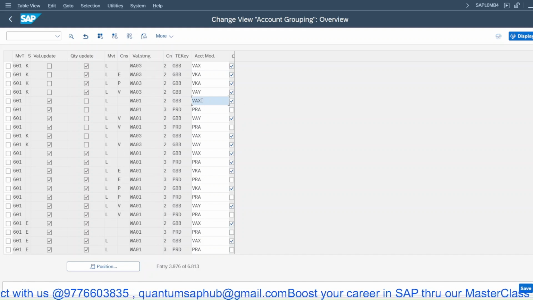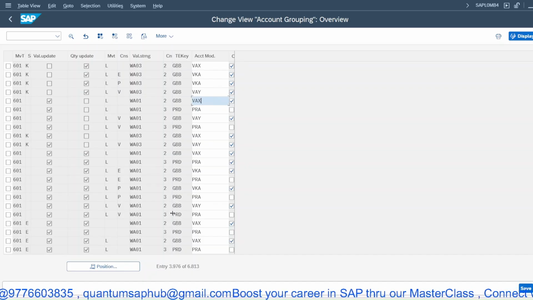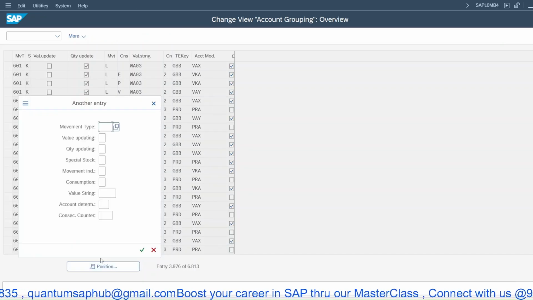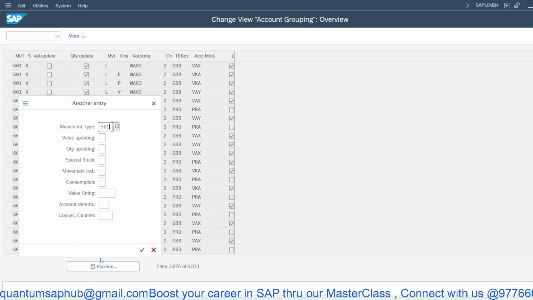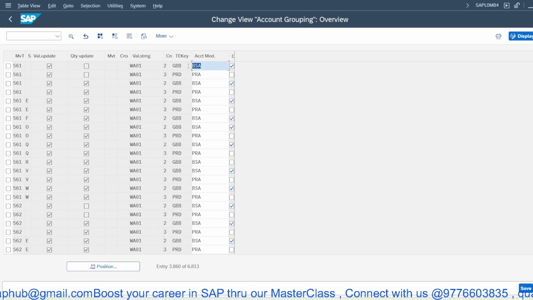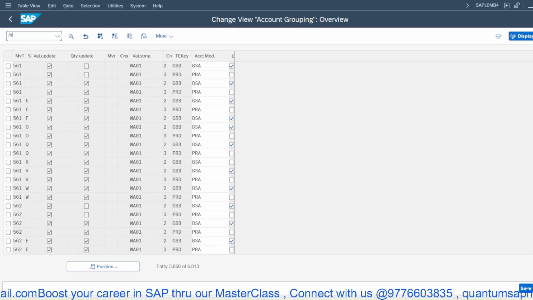So VSX, GBB and VSX account modifier. In case of 561, you can see some of the transactions. You will see 561 here is GBB and account modifier is 2. So we'll go for